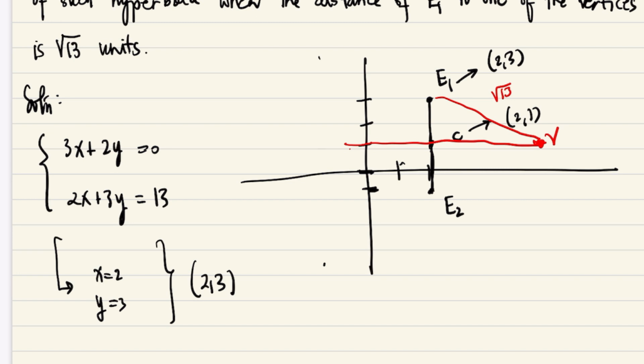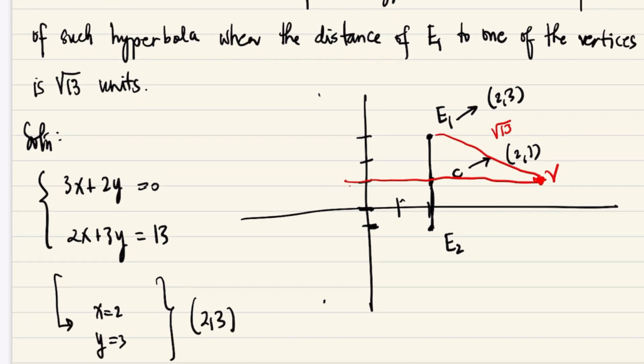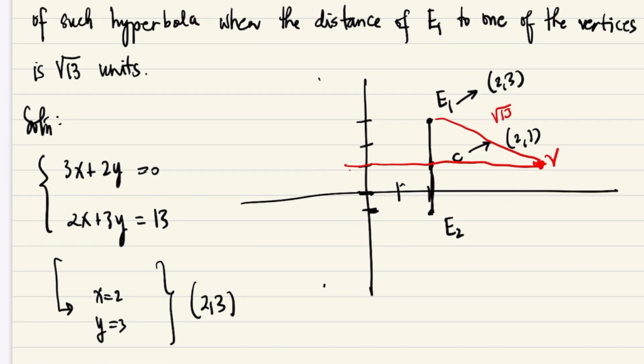That means to say that, remember in the parts of a hyperbola, this one represents a, the distance from the center to the vertex is a, and the distance from the center to one of the endpoints of the conjugate axis is given by